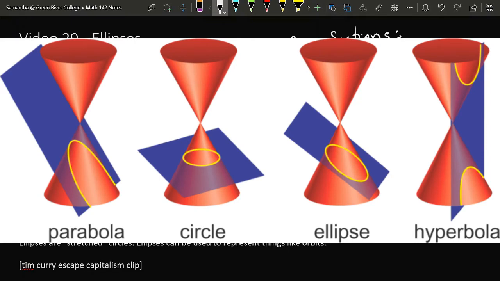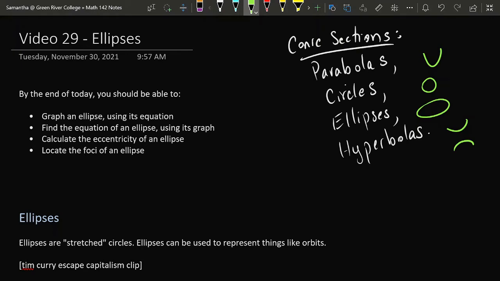They are called conic sections because they are equivalent to the shapes that you get if you take a double cone and slice that double cone with a plane. By slicing that double cone with a plane in different ways, you can get the parabola, you can get the circle, you can get the ellipse, and you can get the hyperbola. Parabolas and circles are usually covered in algebra and pre-calculus 1. Ellipses and hyperbolas are usually covered in pre-calculus 2.